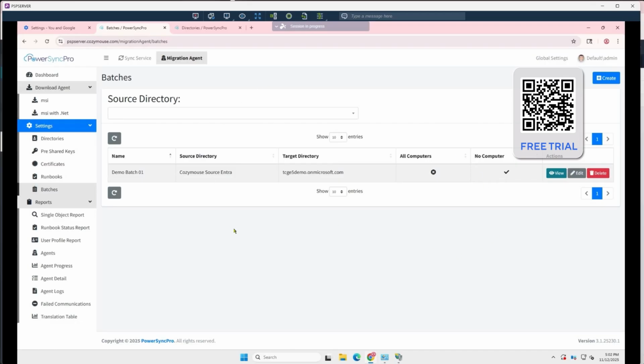This is actually all we need to do here. This is now ready to go. Everything else is done now on the client side, on the desktop itself. So we can leave PowerSyncPro for now, and we're going to jump back into the MigrationWiz and just check on